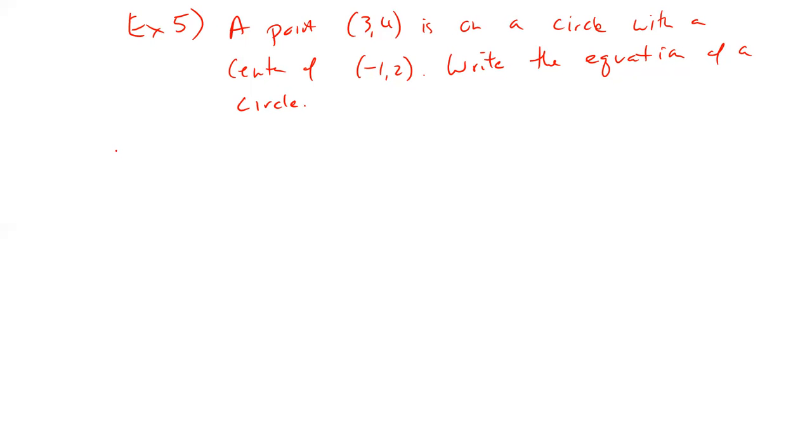So let me draw it out. Let's see, a visual illustration here. So 3, 1, 2, 3, 1, 2, 3, 4. So 4 is right over here. That's a point that's along the circle. Negative 1, comma 2. So this little point right here, that is the center of the circle. If I were to take that center, think of it as a compass, right? And I would just make my little circle. The circle kind of looks like this. Agreed? Is that about right? Kind of, sort of. So I want the equation of that circle right there.